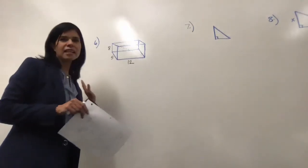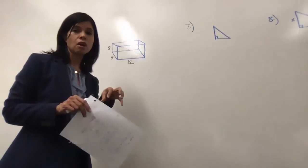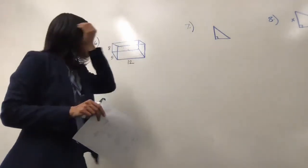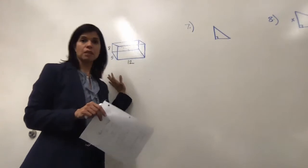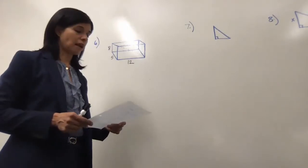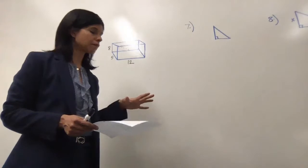So in this case, we have to think of it in right triangles because right triangles are a great tool because we know we can use the Pythagorean theorem to find missing sides, right? So we're going to assume that this box is a rectangular prism. That means that the angles of it are 90 degrees, and we're going to be able to solve the missing sides that we have. And in this case, it's going to be 2 steps to be able to do that. So